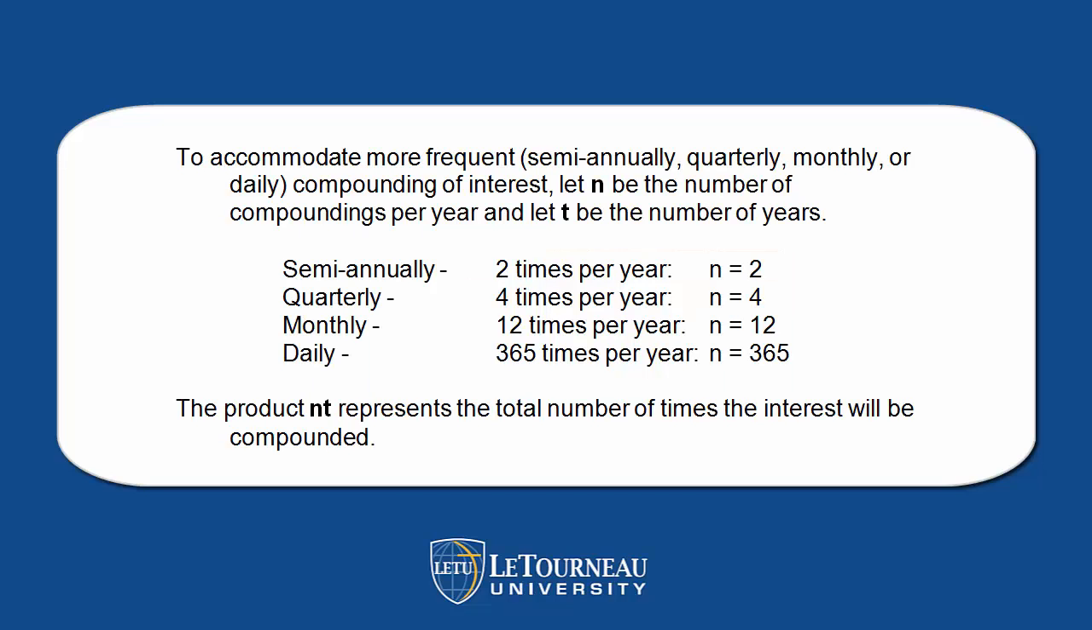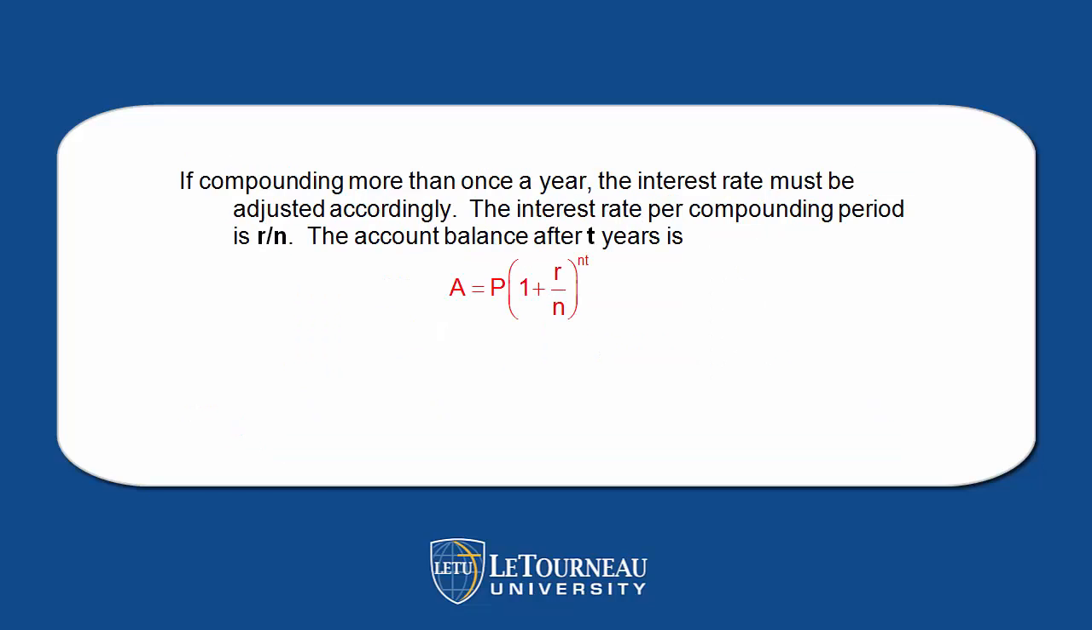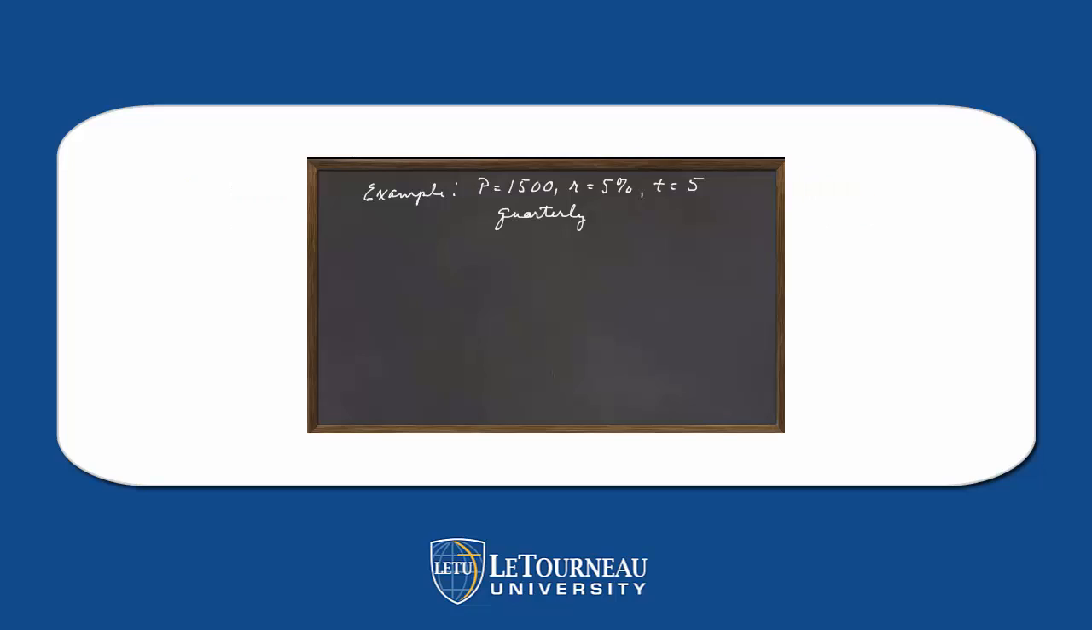Now, sometimes we compound more frequently. For example, semi-annually is 2 times a year, quarterly, 4 times a year, monthly, 12 times a year, daily, 365 times per year. The product nt represents the total number of times the interest will be compounded. If compounding more than once a year, though, the interest rate must be adjusted accordingly. You're not going to get r% every quarter, so we get r over n every quarter, but it's still a